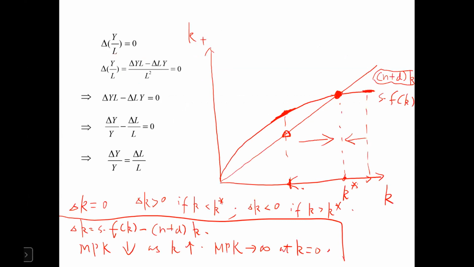This just says if you have two countries, one country is here, the other country is here, right? And then the Solow model tells us the country that starts from here is going to grow faster than the country over here, right? So let's call this one the poor country and this one the rich country. The poor versus rich is in terms of capital stock. The poor is going to grow faster compared to the rich, and why is that? It's because if you draw the graph,